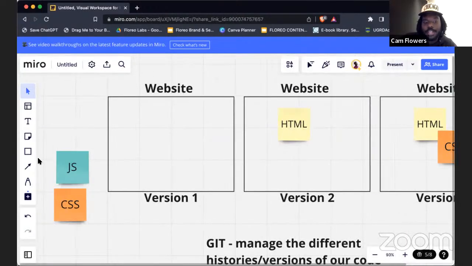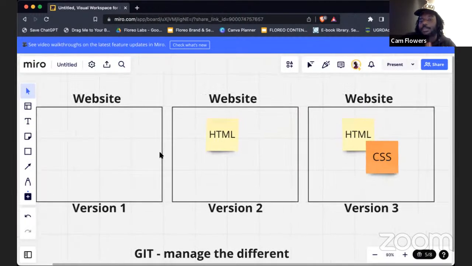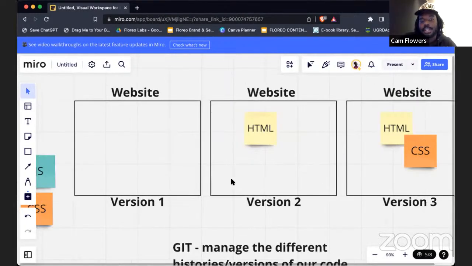So the first key concept that you need to know is that when you're using Git, there's several key terminologies that you got to be familiar with in order to fully understand what's going on at different points in time. So the first step to keeping track of all of these different versions,